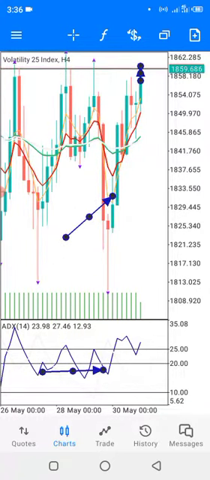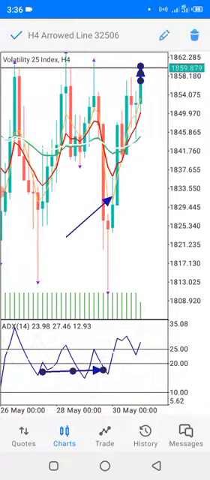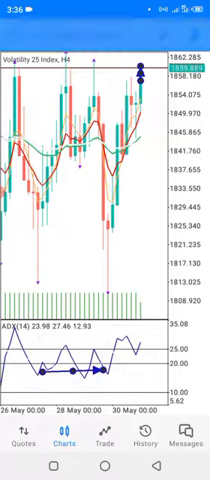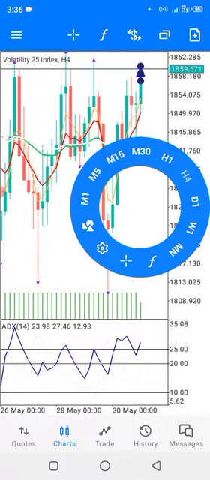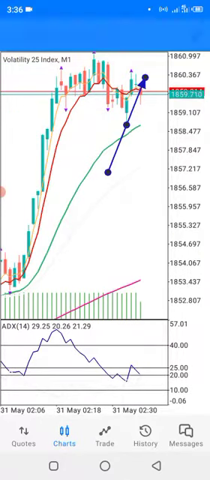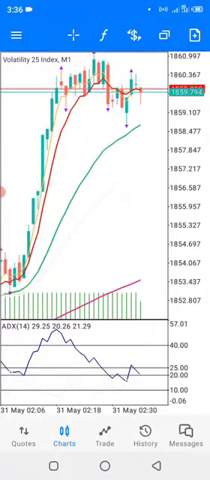So if you don't use the higher time frame, we'll keep having this problem of trading and losing our money. And at the end of the day, we'll say Forex is not it, or boom and crash, or the synthetic indices is not a place to trade. In fact, you've lost all your money and all that. So please,